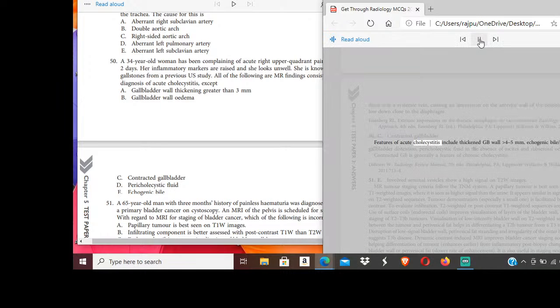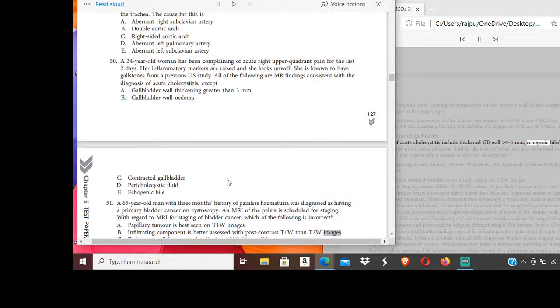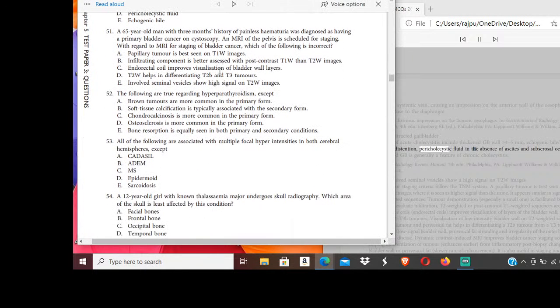Gallbladder features of acute cholecystitis include thickened GB wall over 3 mm, echogenic bile/sludge, gallbladder distension, and pericholecystic fluid in the absence of ascites and subserosal edema. Contracted GB is generally a feature of chronic cholecystitis. Dannert W, radiology